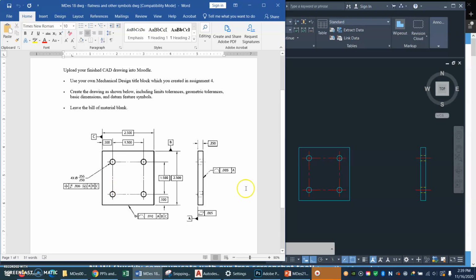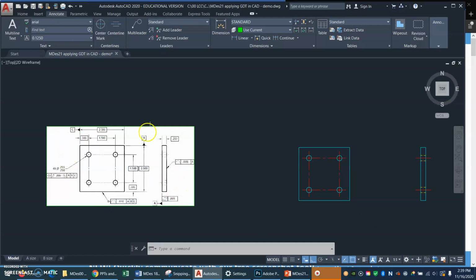I took the liberty of inserting the image from that assignment into our CAD drawing so that it's easier to flip back and forth if we need to. First of all, let's just remind ourselves how to make that limits dimension. So in the Annotate tab,